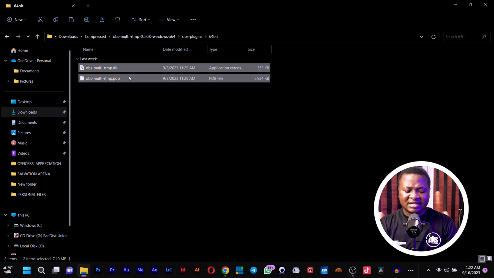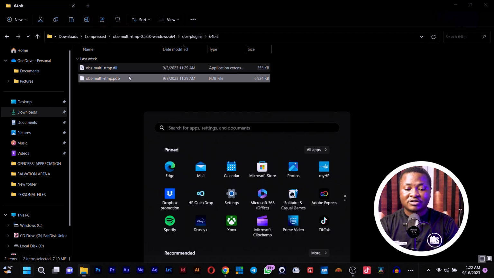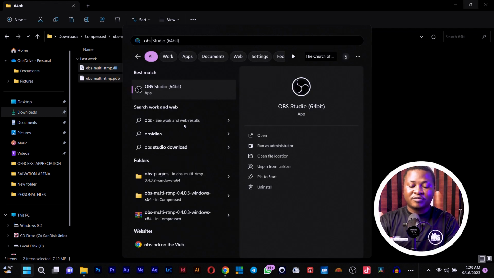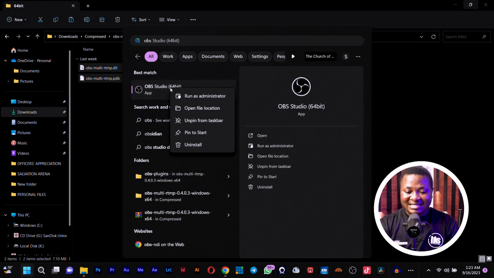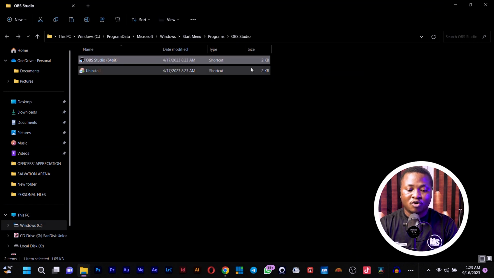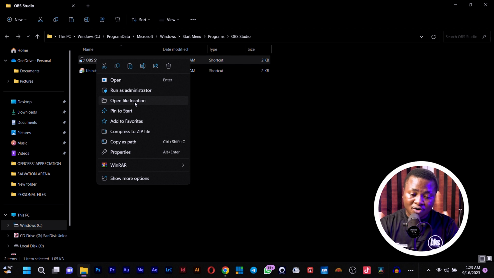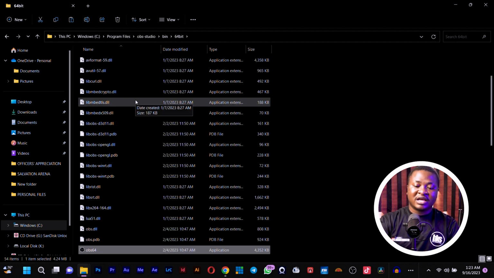After you've copied it, you click on your Windows startup and then you type OBS. And the moment OBS comes up, you don't open it, you just right click and then click on open file location. It will open the file location for you. Now you have the install and then the OBS. Still you don't open the OBS, you right click again and click open file location again. So that brings you to the program files where your OBS is installed,